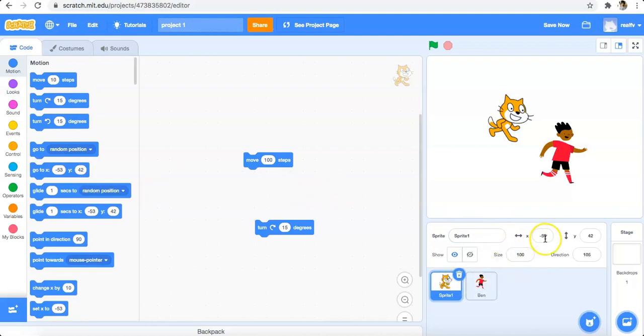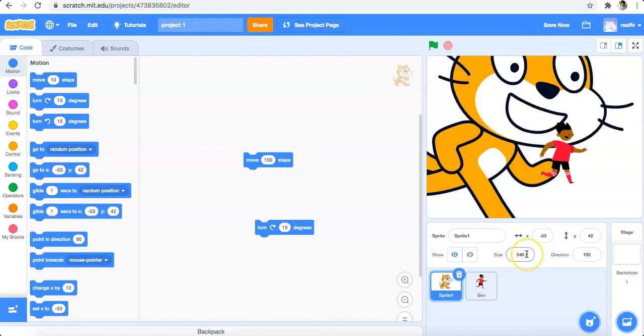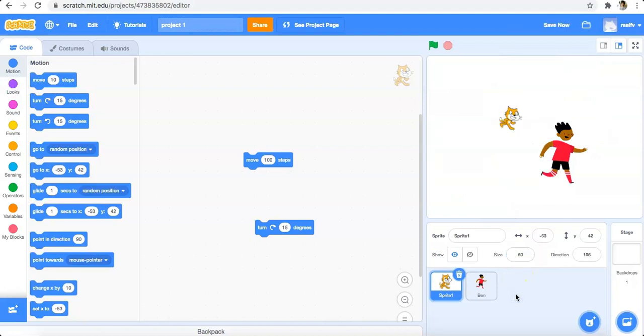And these are things like x y coordinates, like this is your x coordinate, this is your y coordinate. So you can see this cat here, the value of x is -53, then y's value is 42. So I'll be telling you all these things. You can increase size. For example, if you set 100, then you can see the size has been increased. So all these funny things you can do with these characters. So we'll be creating a lot of stories and games. So don't worry about it.